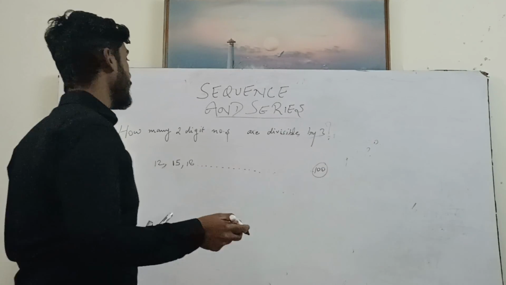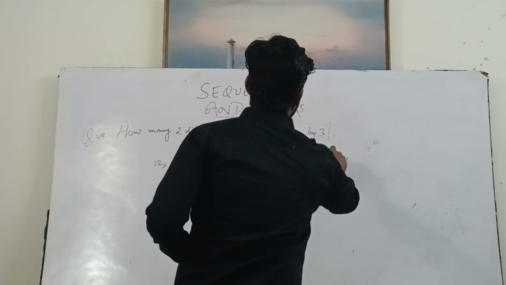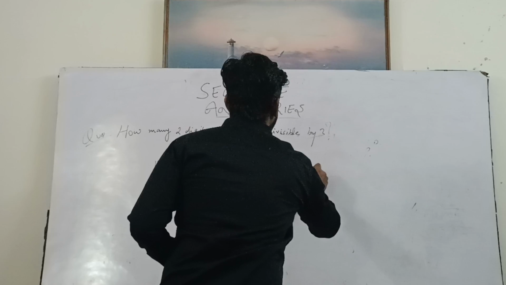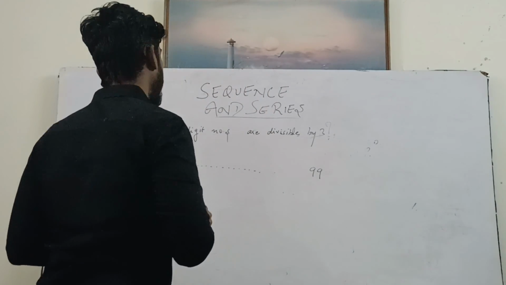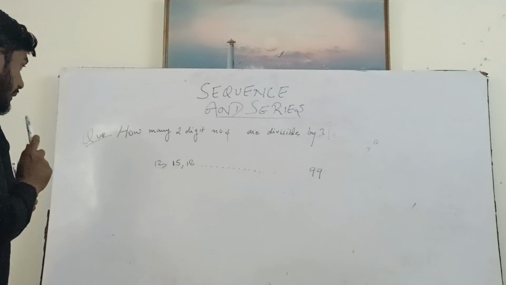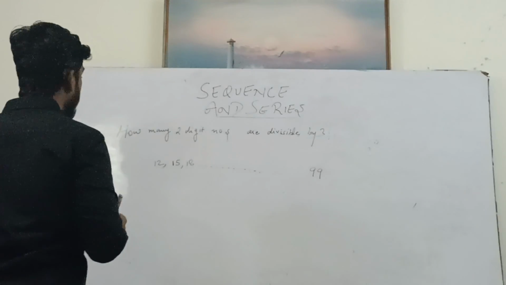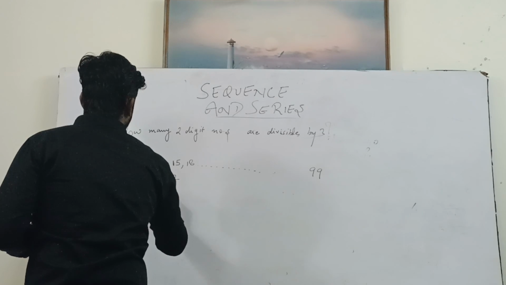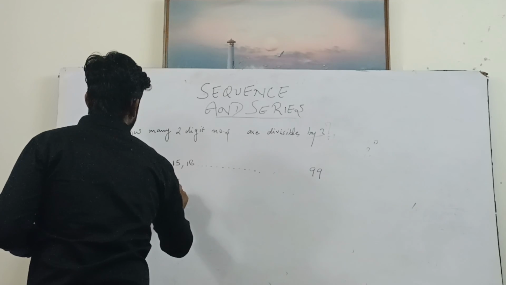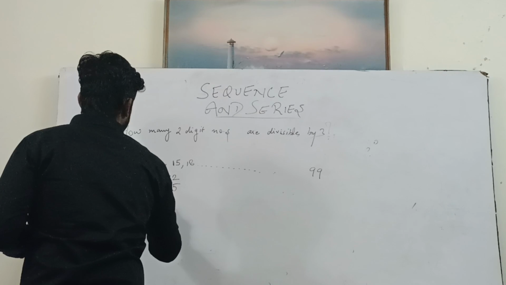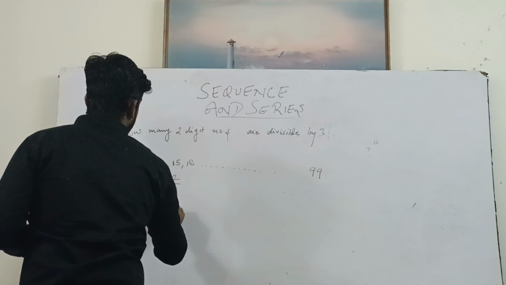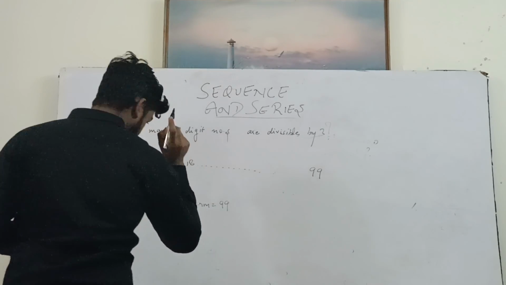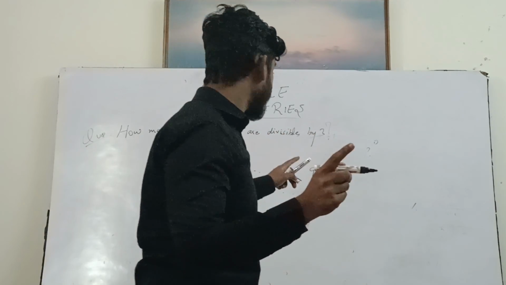99। 100 डिविजिबल है 3 से? नहीं, 100 तो नहीं है। सम क्या, 1 + 0 + 0, डिविजिबिलिटी बाय 3 पढ़ेंगे ना। अरे सबको पता होता है कि 99 is divisible by 3। तो मतलब कि एक एपी बन रही है जिसका कि पहला टर्म है 12, कॉमन डिफरेंस है 3, और लास्ट टर्म है क्या? 99। ठीक, लास्ट टर्म है 99।